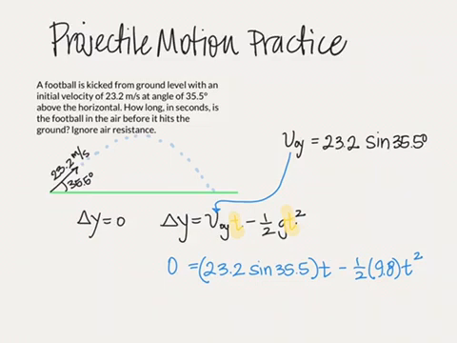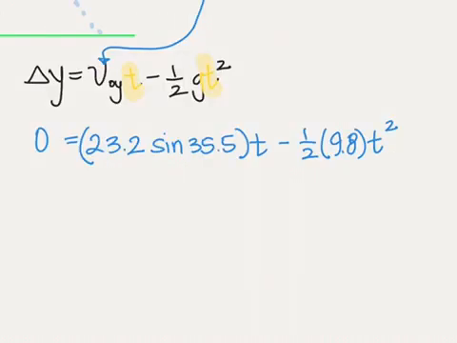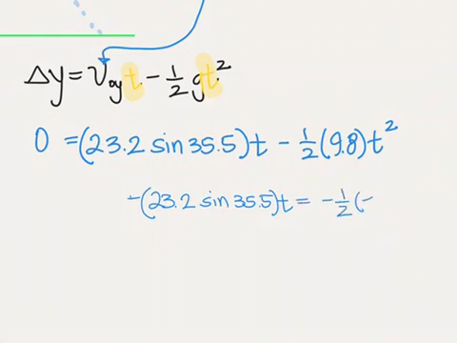So then we can rearrange and solve. That would be negative 23.2 sine of 35.5, all times t, is equal to negative 1/2 times 9.8 times t squared. Now I'm looking for t, and so if I divide by t on both sides,